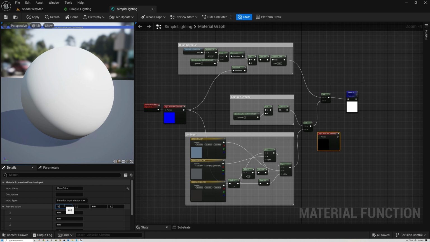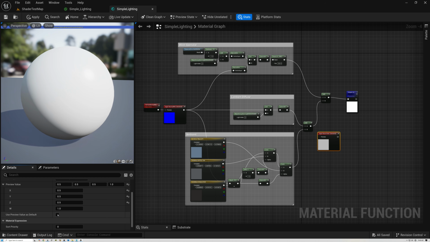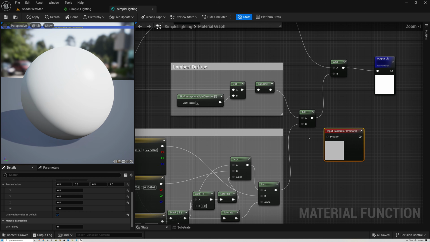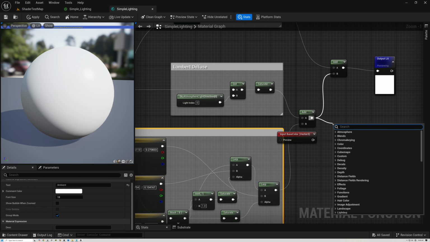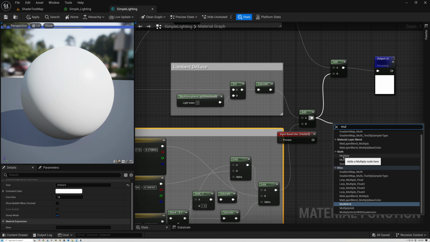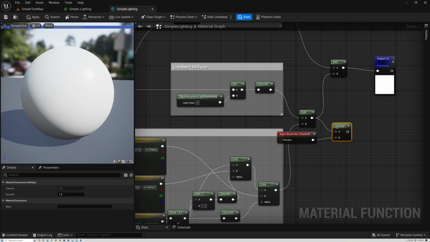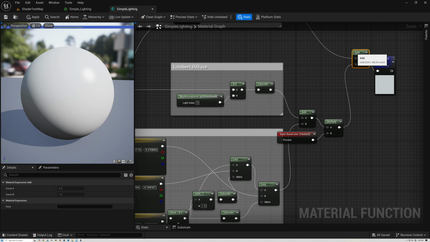And just as a default value, we're going to set it to 0.5, 0.5, 0.5, so it's kind of a gray value. And we'll check this use preview value as default. Okay, so now we can take our input, our base color here, and just multiply it by the combination of our diffuse light and our ambient light. So we'll just add a multiply here and multiply our diffuse and ambient light by our base color, and then connect that up to our specular